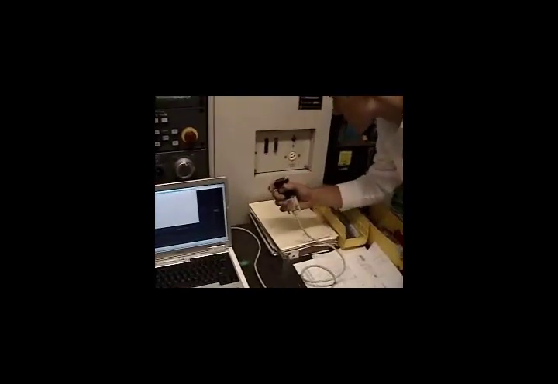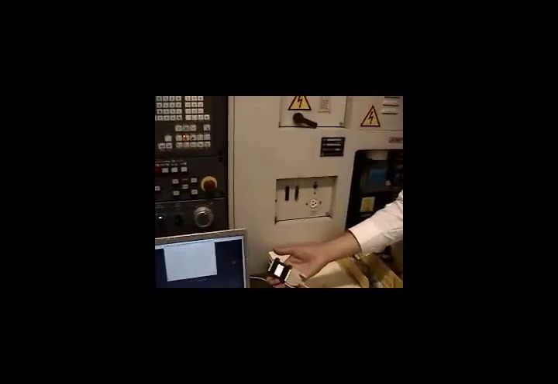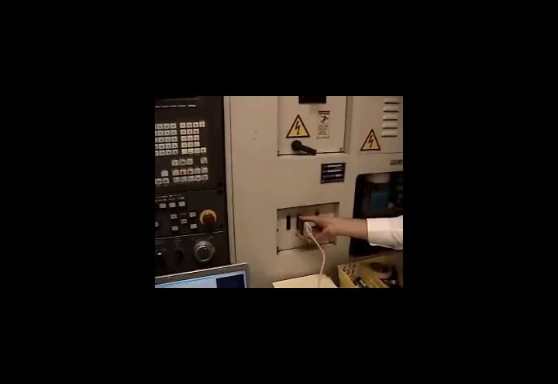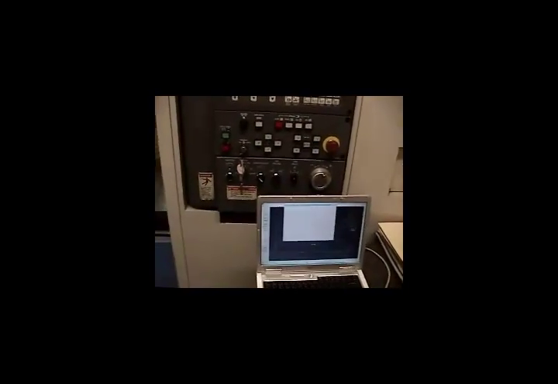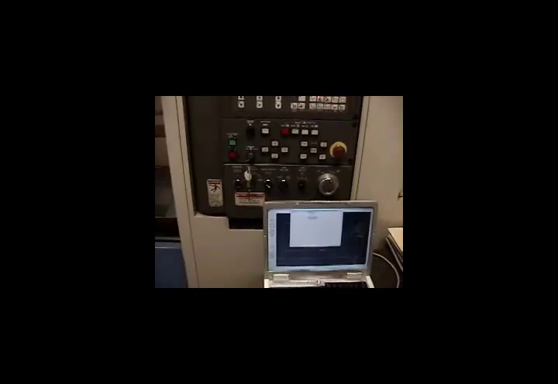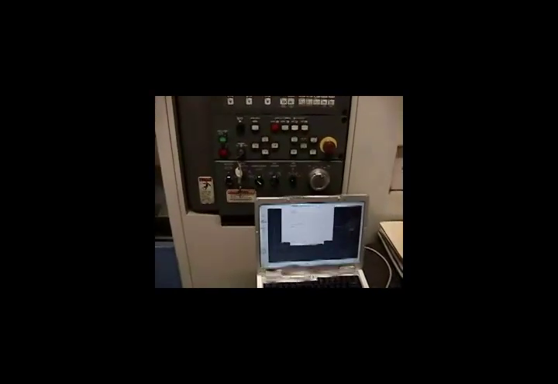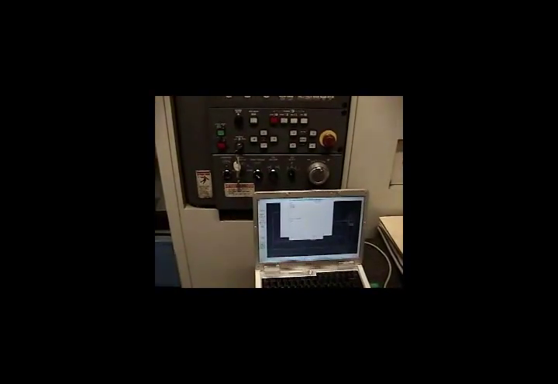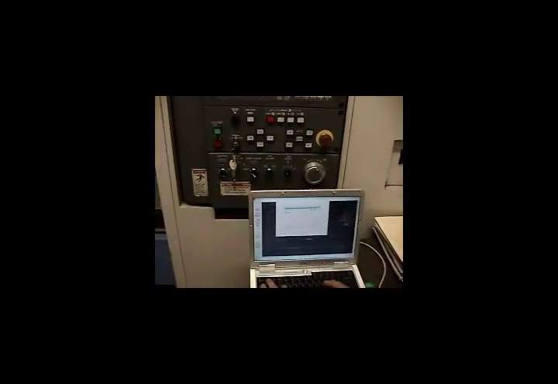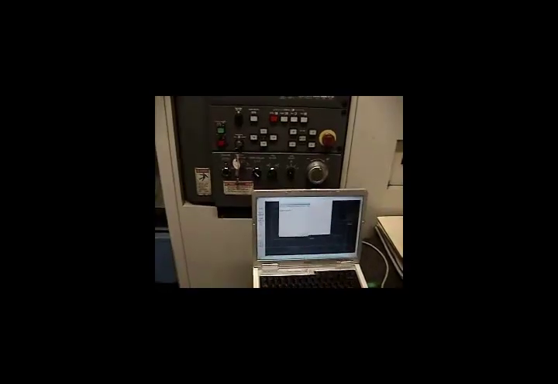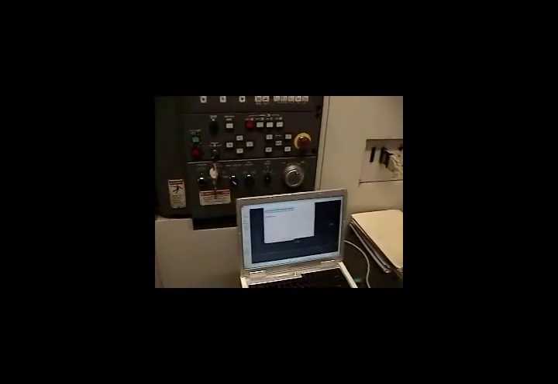So first, you plug the serial port into the CMT port of the control. Then on the computer, you start up File Utilities, File Commander, make sure you're in the right folder, and then push Receive from CMC. Enter the name that you want to call this file. Now it's waiting for the MASAC.